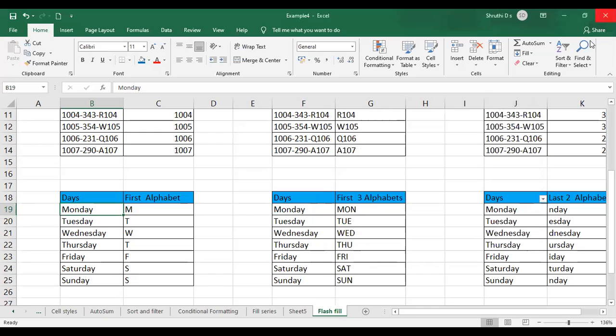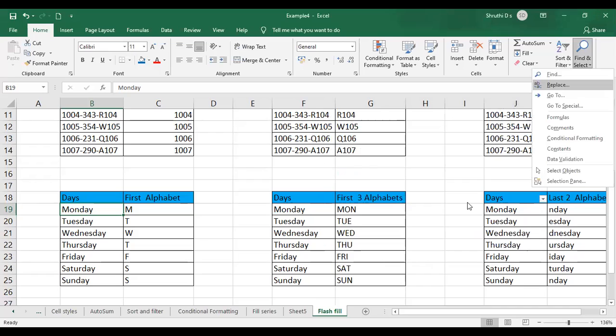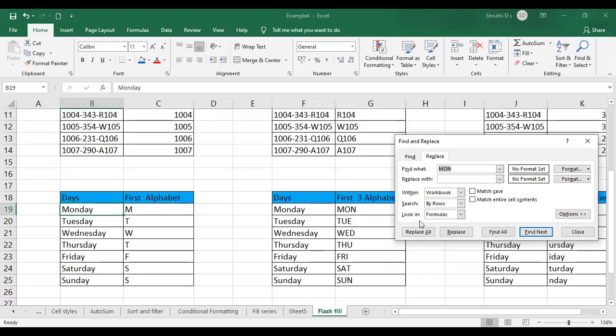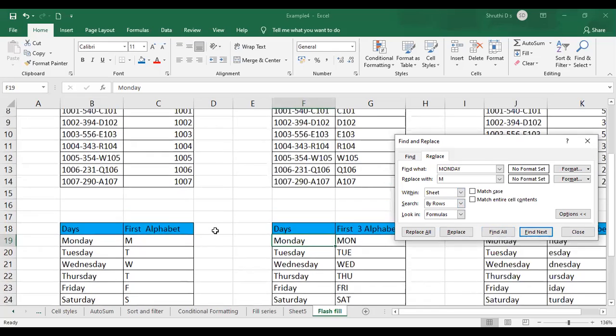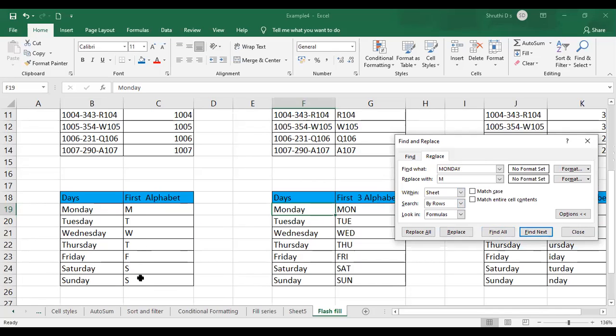Similarly, if I select Find and say Replace, wherever I have MON as the text, you have got the dialog box over here, and wherever there is text called Monday, it will be replaced. It is going to ask you here itself what to replace with. I'll just make it yum. I want to replace it with yum, within workbook or within worksheet. I just want to see the changes in the sheet. I'll click on Sheet and say Find Next. Where did it change? As you can see, only here.